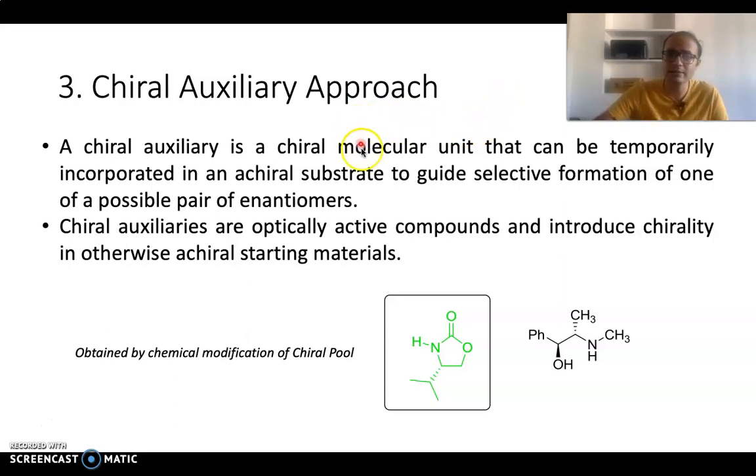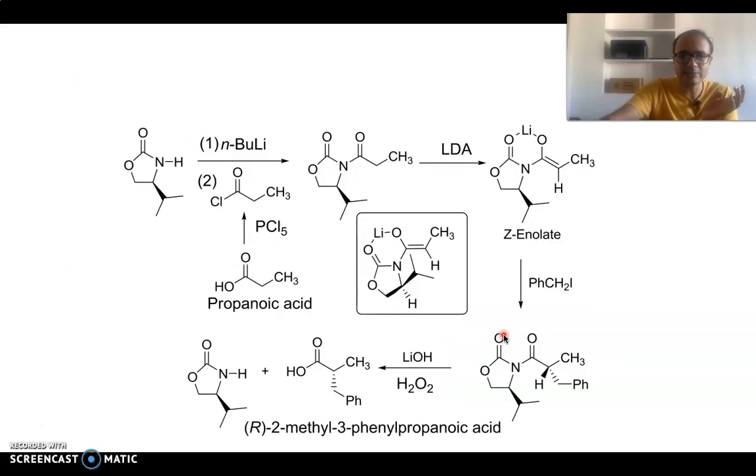So basically auxiliary means here what you do is, if you have a starting material which is achiral, and if you attach a chiral molecule as an attachment on that molecule, then that molecule automatically becomes chiral. Okay, so once you induce chirality in the molecule, when you do the reaction, it would lead to formation of an enantiomerically pure form of the product. Let me explain it with an example.